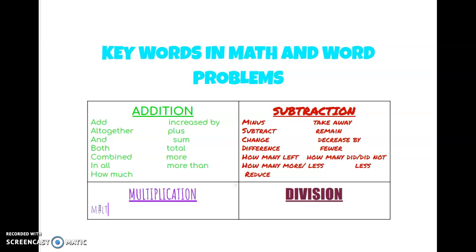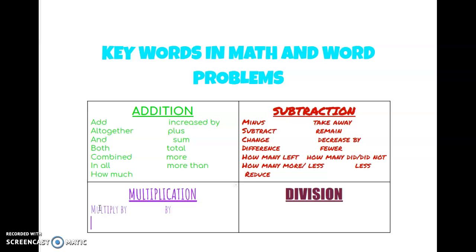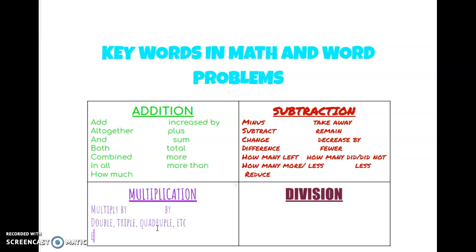Well, of course, multiply by, or by, just by, right? If I have a room that is 6 feet by 4 feet, and I need to know how much room that is altogether, then I would do 6 times 4. Double, triple, quadruple, right? All of those types of words would tell us times 2, times 3, times 4, and so on. Each group